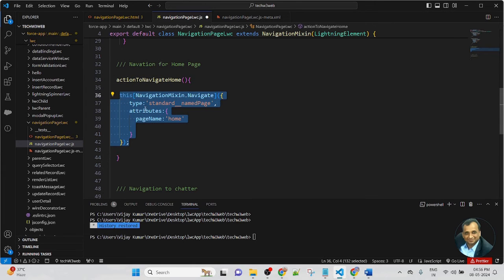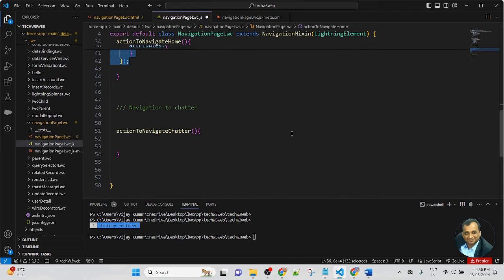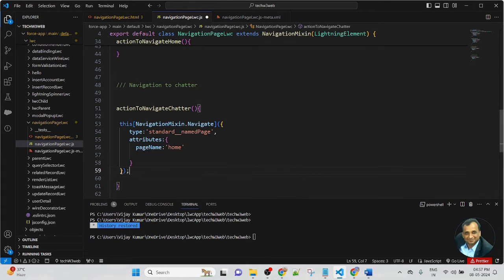Now I am copying the reference code from here, going to the action navigate to Chatter, and pasting it here. The property of the reference values are the same. First I apply this in square brackets, NavigationMixin dot Navigate. These are common. Then the type is the common name, standard__namedPage, because I am navigating to a page, not an object. So here I use namedPage. Then apply the attributes. Then pageName: instead of home I will change it to Chatter.